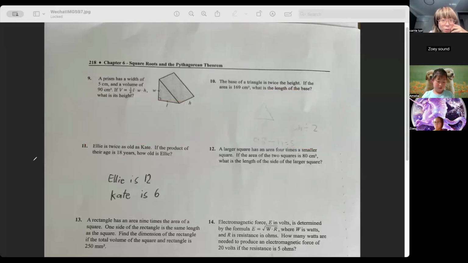Sorry, I cannot see this properly. 90 equals half times length times width times height. Correct? So 180 equals length is 5, width is also 5 times height. 对的呀。